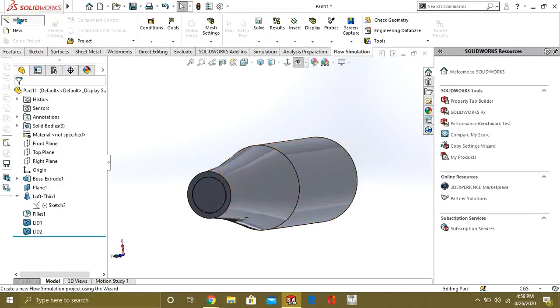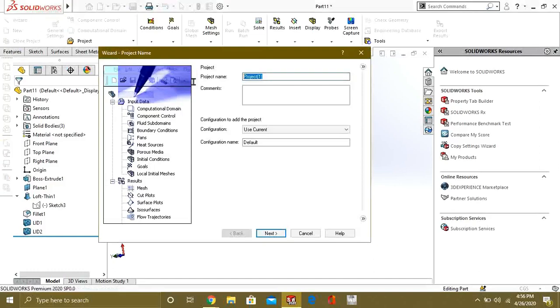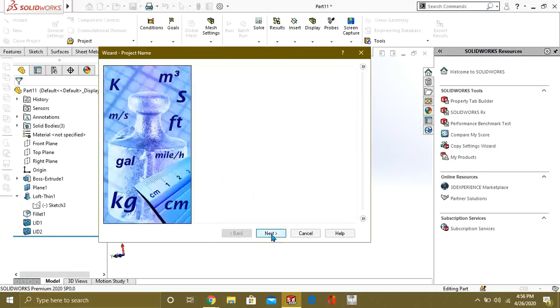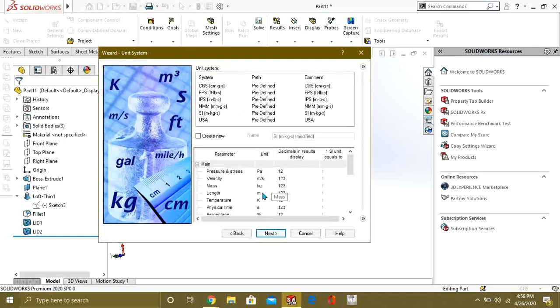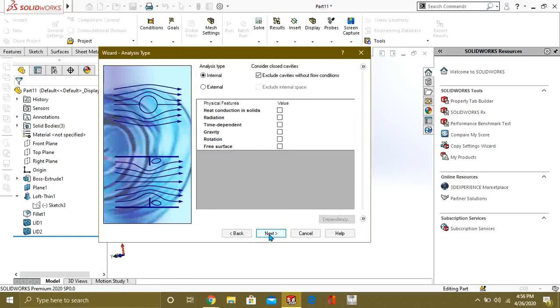Now go to Wizard, select parametric study, go to next. From here you can select the SI units and change the types of units. Go to next.